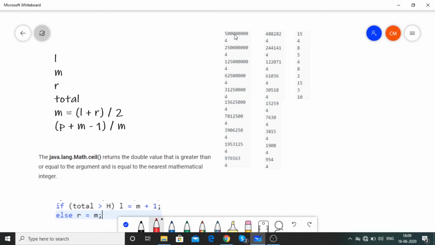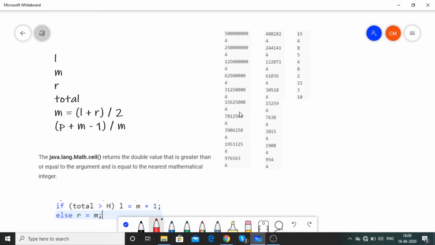So first of all, I am having m equals to 5000. Why this? Because there is a constraint in the question that the maximum value of piles can be equal to 10 to the power 9. That is why I used (1 plus 10 to the power 9) by 2, and that is why we have this result over here. So this is going to be just same by 2, then by 2, then by 2, then by 2, and this 4 is going to be same because we are continuously moving to the left portion of the array, right?